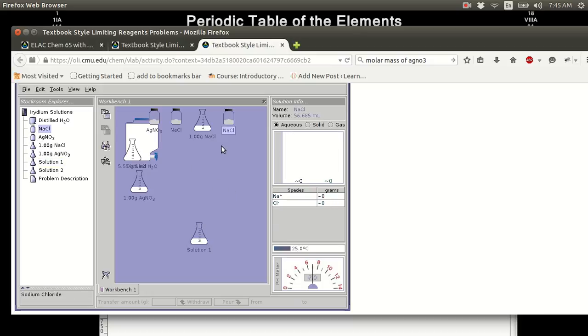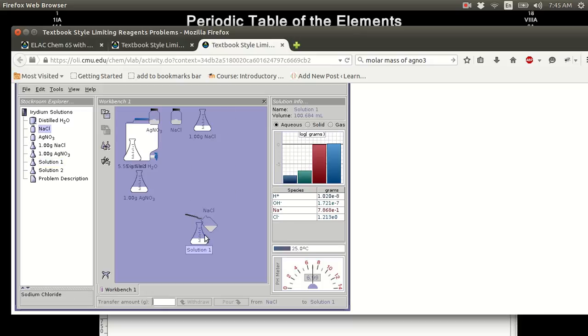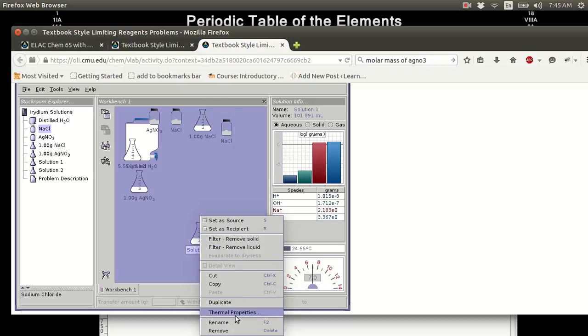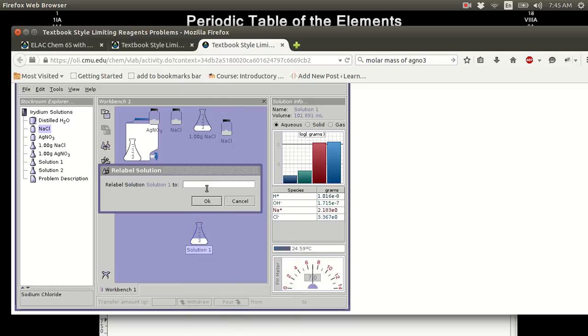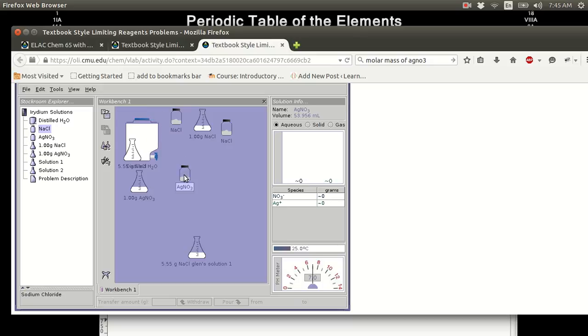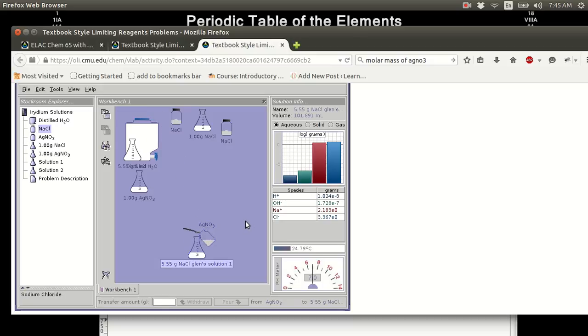However, I'm going to use something else. You do not have to do this part. I'm just doing this to make my work different from your work. So this is Glenn's solution number 1. Now I will get my silver nitrate and I will add my, what was it again? 16.1 grams. I will add my 16.1 grams